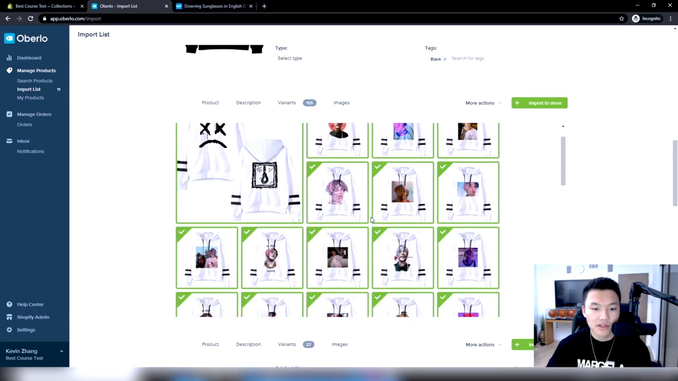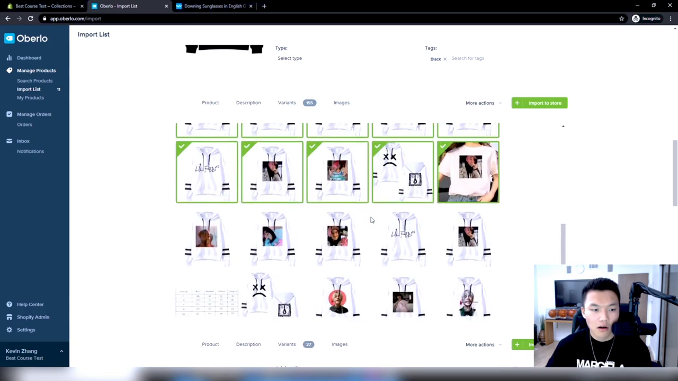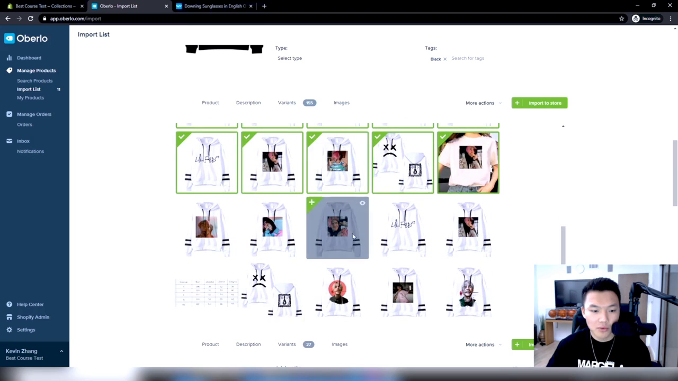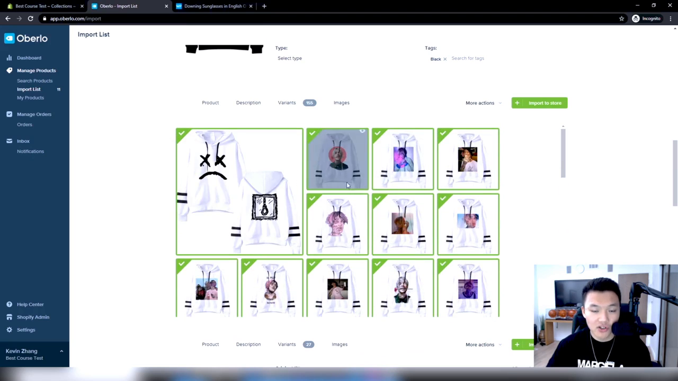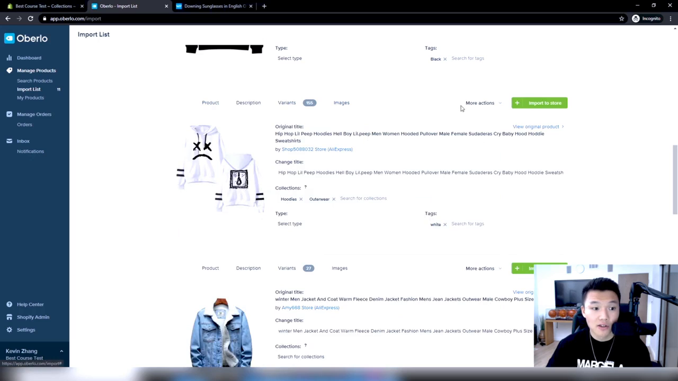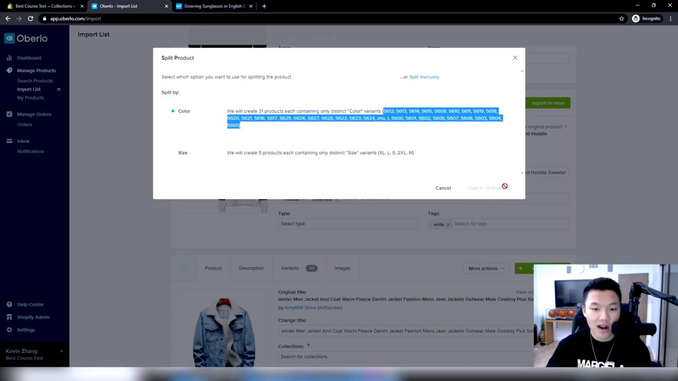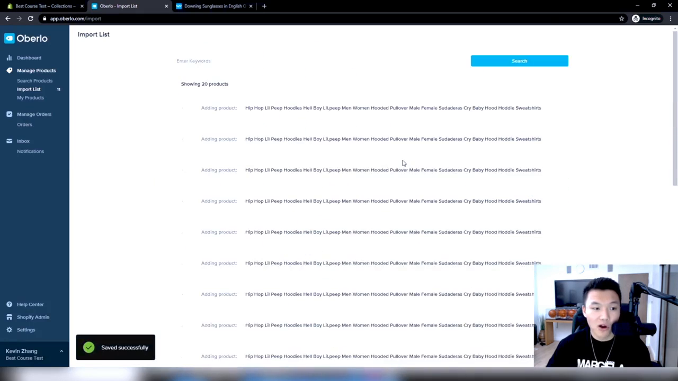And then I'm going to go into images. Okay, so all these images are like this. Let's see why some of these other ones weren't selected. Seems like it's just a duplicate of the image anyways. So let's split this bad boy up by color. That's actually what color refers to here as style, and I've already gone ahead and checked that. So we're gonna split all these products, and it's gonna be a lot of products that are gonna be coming up,